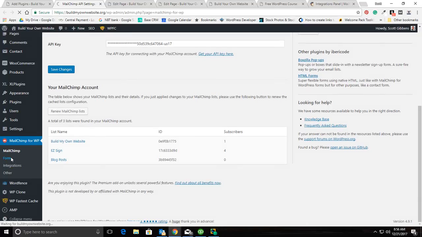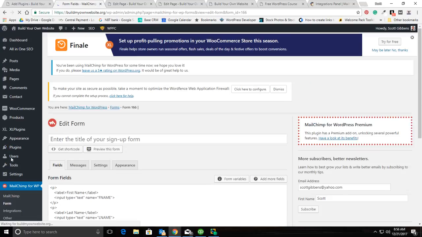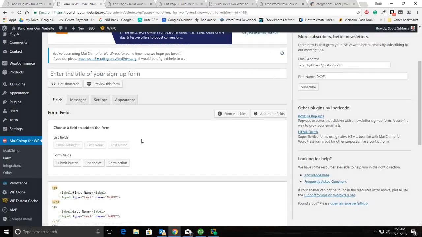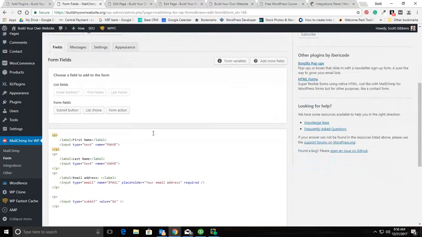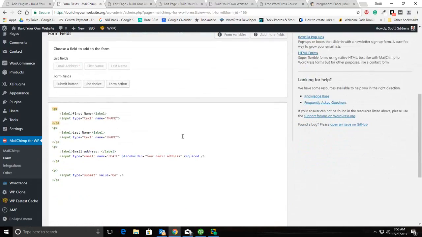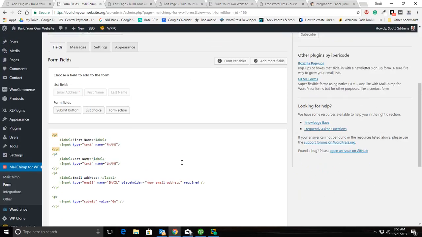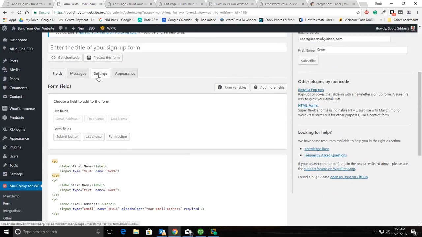So now I want to go to MailChimp form, and I want to look at a form that I have embedded on my WordPress page. So we're going to look at this here. I only have one form at the moment. This is Contact Form 7 is what it uses. And in the settings area,